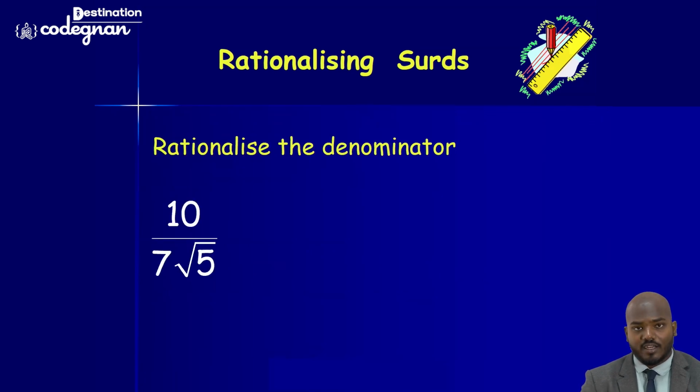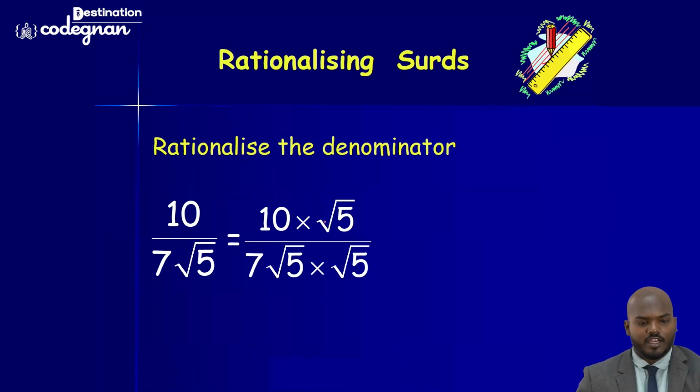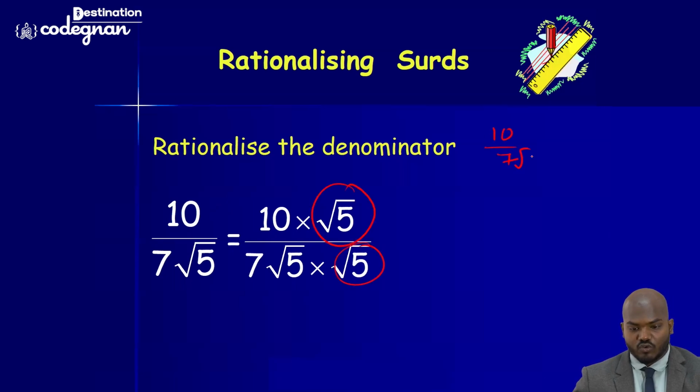Okay, sir. So going on to the next question, guys, we have 10 by 7 root 5 here. And if I do this one, I can call it the same way of the conjugation I'm using here. So that is root 5 and root 5. So don't make a mistake with 10 by 7 root 5, crossing 7 root 5 and 7 root 5. You should not do it like this. Okay, this is a wrong step. So make sure you're not following this approach.